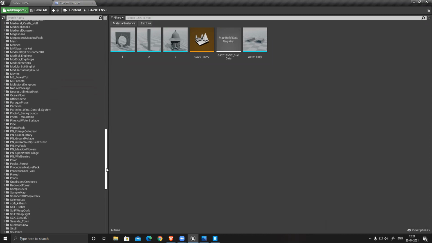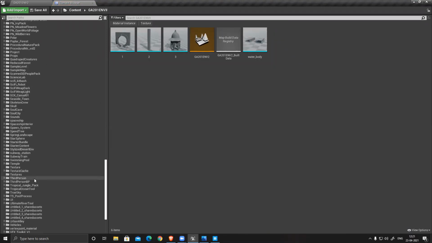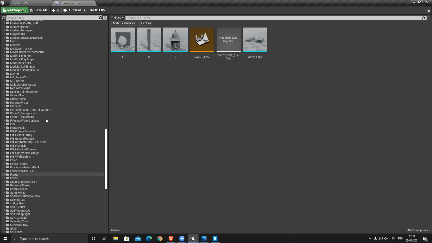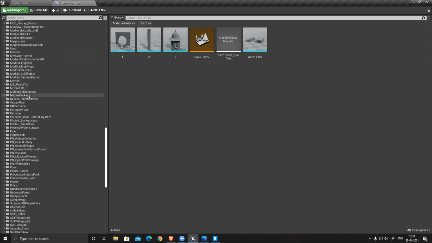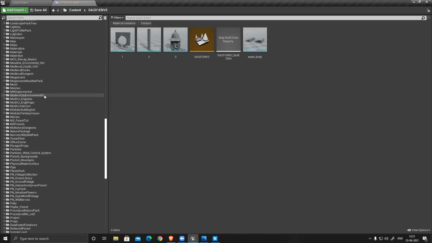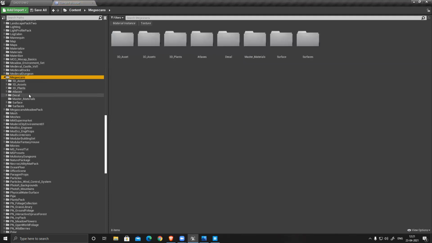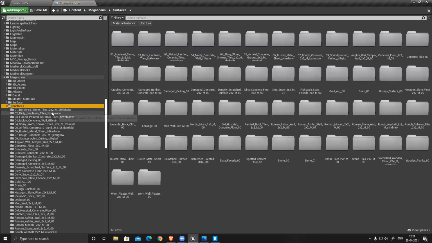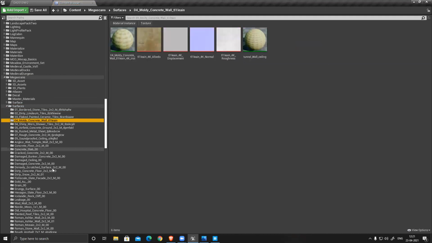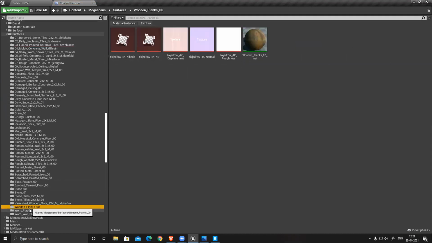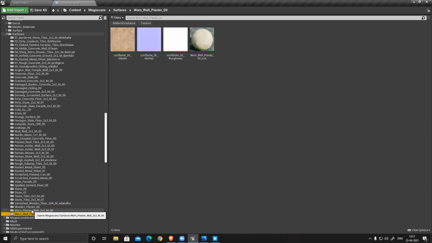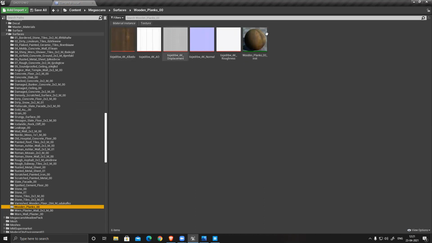Now you can see, I don't know, it usually opens that Megascan folder for you, but I don't know why it didn't do that. Megascan, surface. Oh, it's already there, basically, actually. It's already there. So it will open this thing.